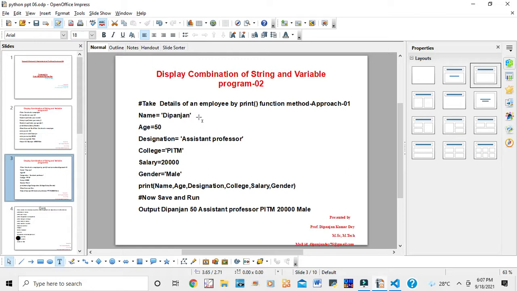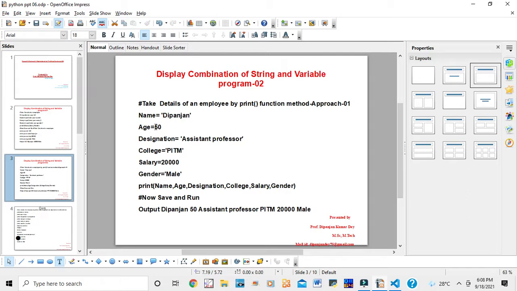Suppose you want to see the name of the employee, age, designation, college name, salary, gender.